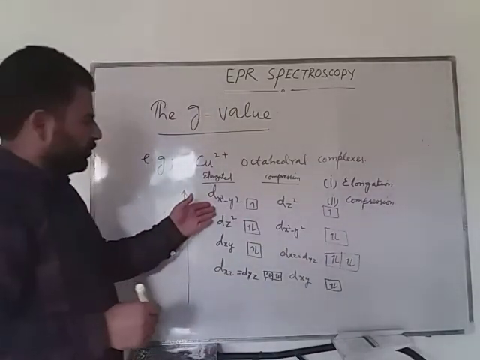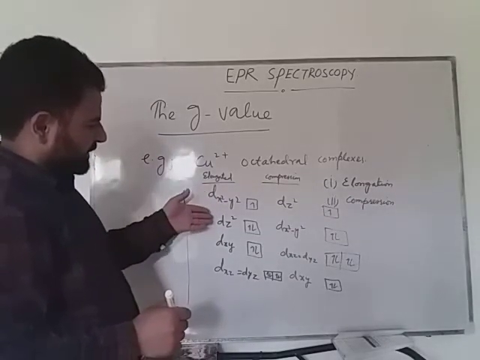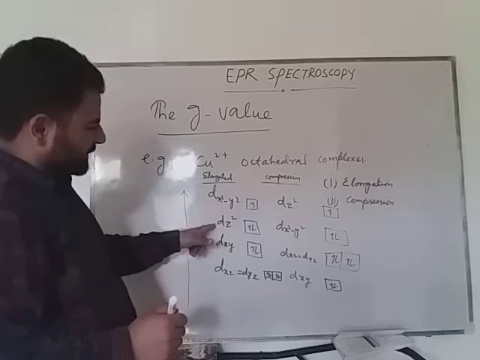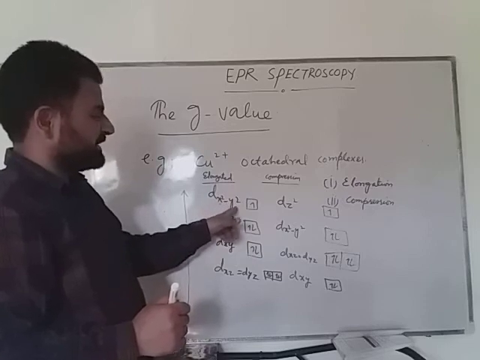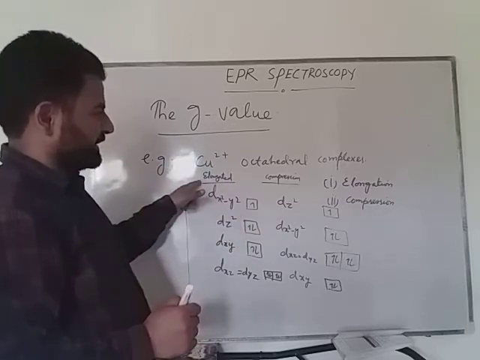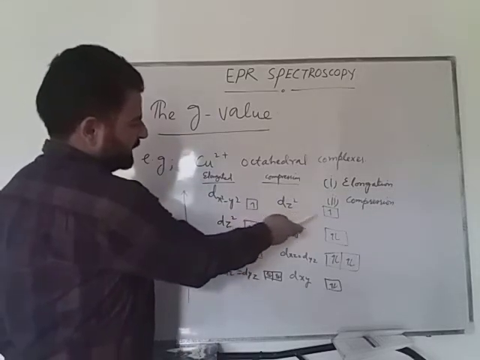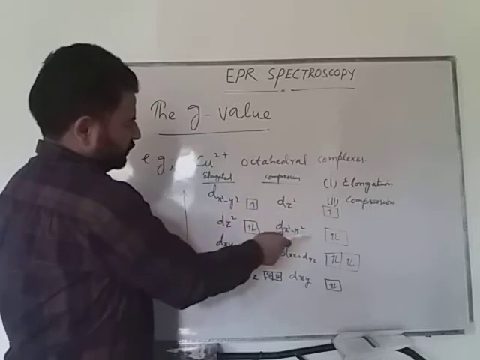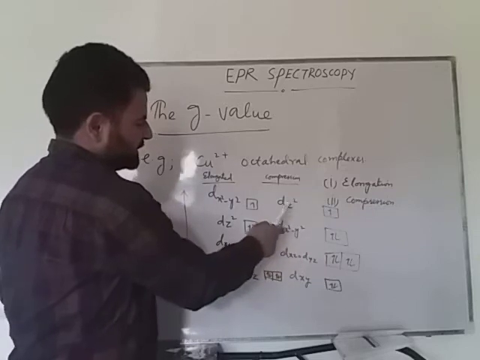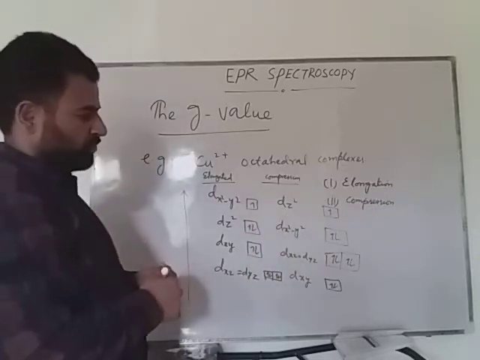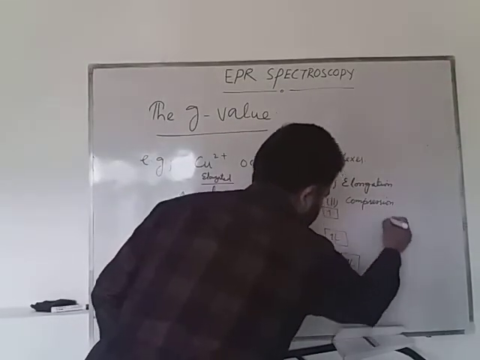As you know, here you can see in the valence orbitals that dz square has higher electron density than dx square minus y square in this case, where there is elongation of the metal-ligand bond in the z coordinate, while here there is the opposite. You will see in dx square minus y square, that means in the xy plane there is more electron density than in the z coordinate, because dz square can be shown like this.